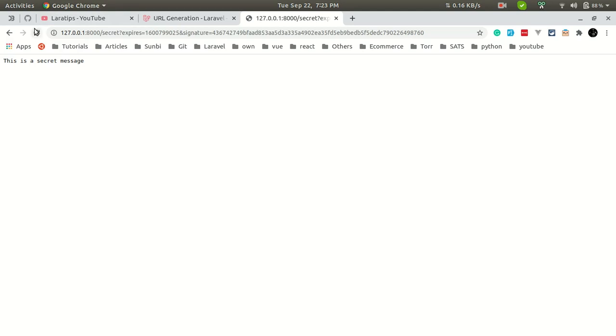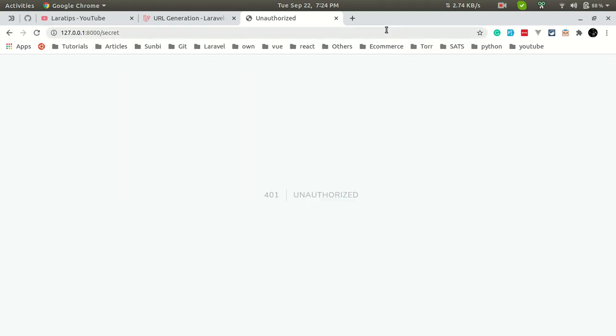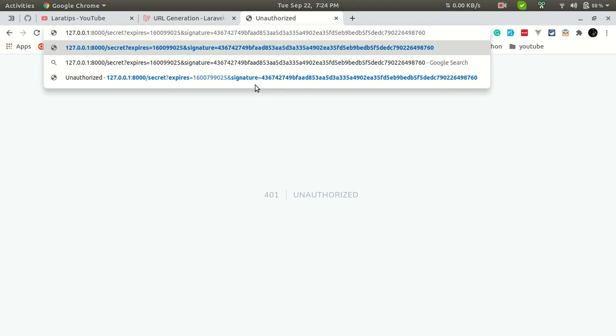So if I click on refresh, then we will not be able to access this URL. Okay. Also, if we remove this as well, we will not be able to access. Also, let's say I'll paste this, and let me increase the expiry time. Let's say we'll increase it like so many days, like 1000.